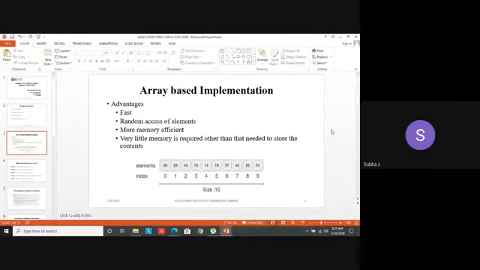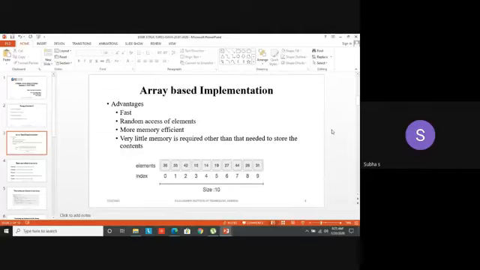Why are we using an array? It's a fast method. We can have random access of elements, though the elements are stored in contiguous memory locations, and it's more memory efficient. These are all with respect to arrays, especially static arrays.